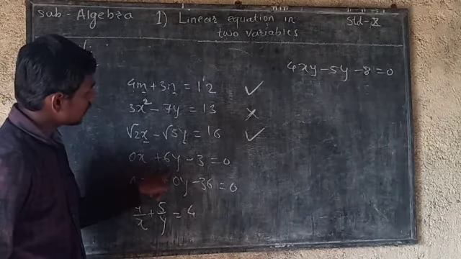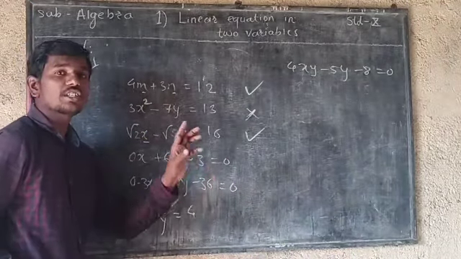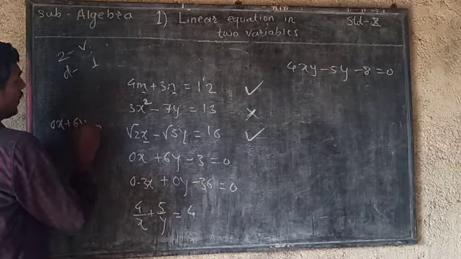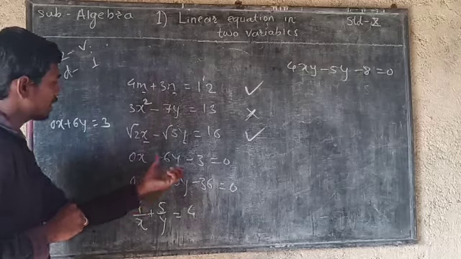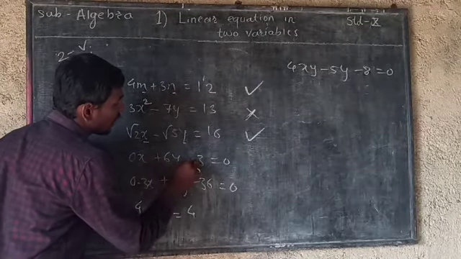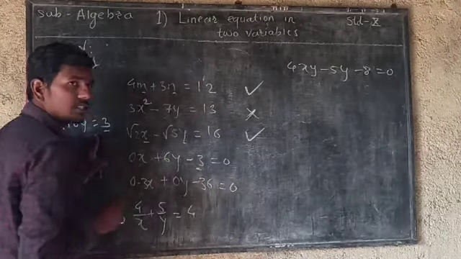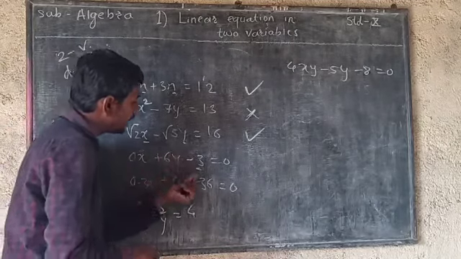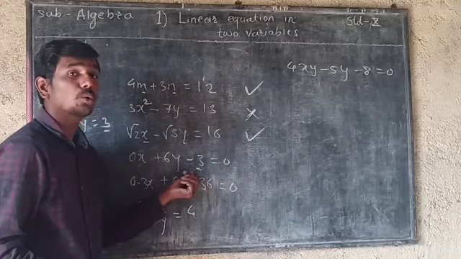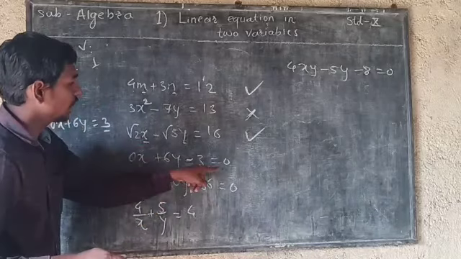Now 0x plus 6y minus 3 is equal to 0. Actually this is not in its proper form. For how? 0x plus 6y is equal to 3. This is the accurate form to solve. Okay, so now 0x plus 6y minus 3 is equal to 0. So here is plus 3 and here is minus 3, because this is the rule. When any number crosses the equal sign, it will change its own sign, right? So now it is minus, it will become plus after the equal sign, right?